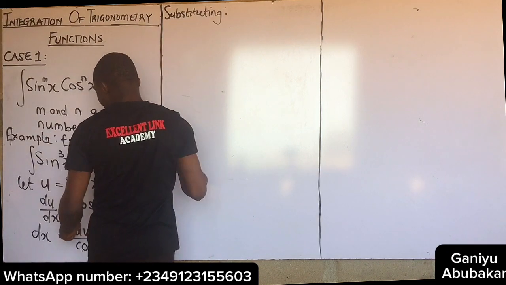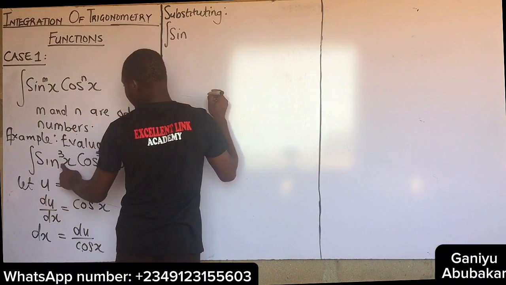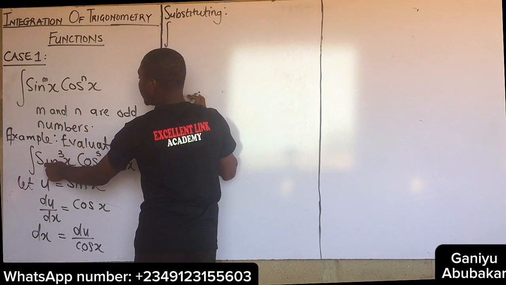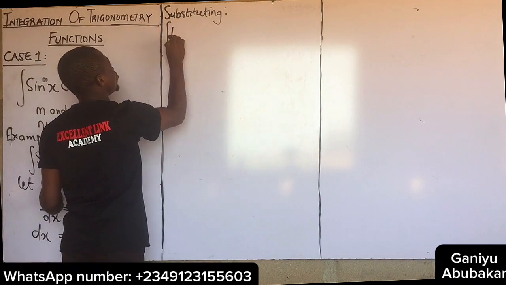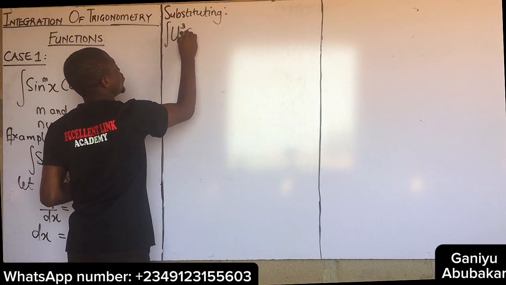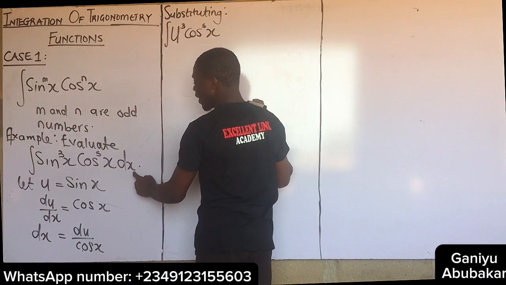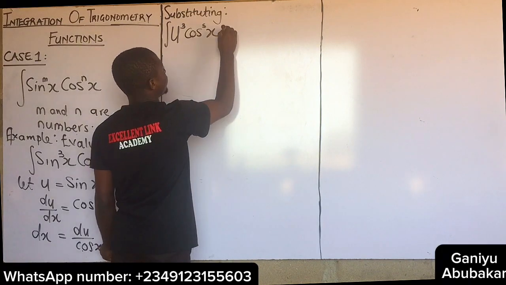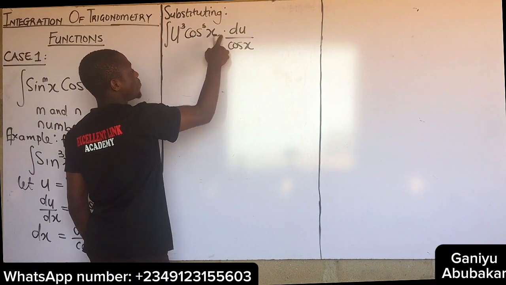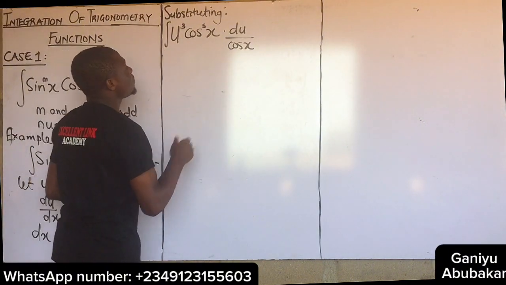If I substitute, from the question I have the integral of sine x to power 3, but we just said sine x is u, so I'll have u all to power 3, right? Cos x to power 5. Next up, dx, but we just said dx is equal to du over cos x. I'll have du all over cos x. This dot means times, right? What next? My next step is, observe that